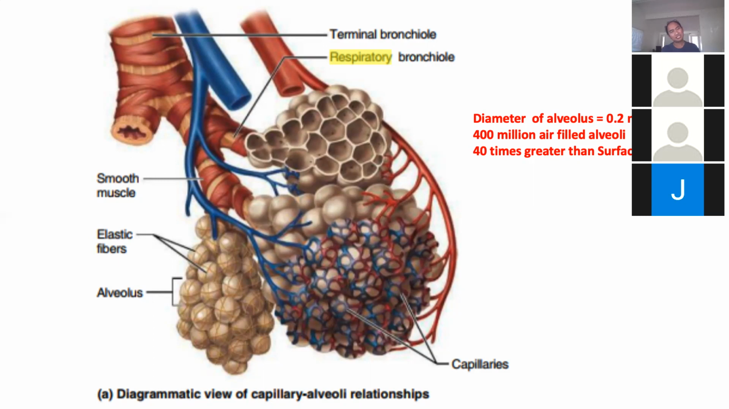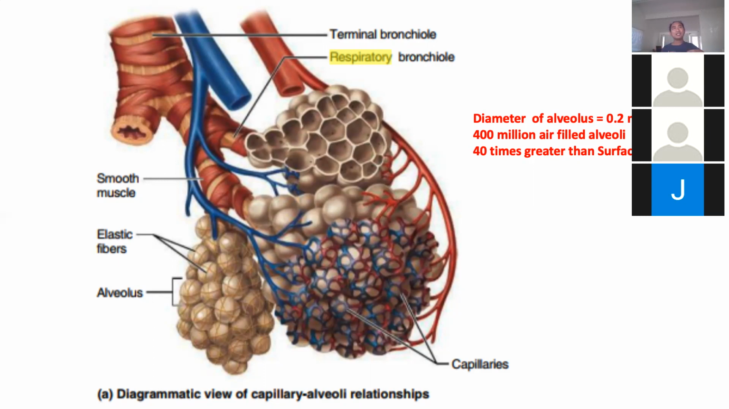So it is excessive. Yeah, the surface area of the alveoli is enormous. Because of this great surface area, we get all the oxygen we need for the whole body. So if you think about one lung itself, right lung, left lung,